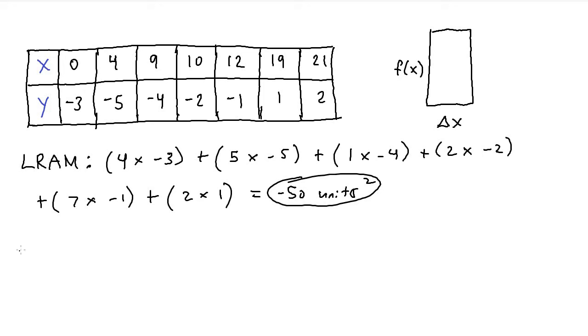Now, as mentioned before, when you calculate RRAM, you're going to start from the rightmost endpoint, at the x value of 21, include the rightmost y value, and work our way left. So starting with the rightmost x value of 21, when we go from 21 to 19, the delta x is still going to be 2, because the distance we travel is just 2. So we do 2 times the rightmost y value, which is 2,